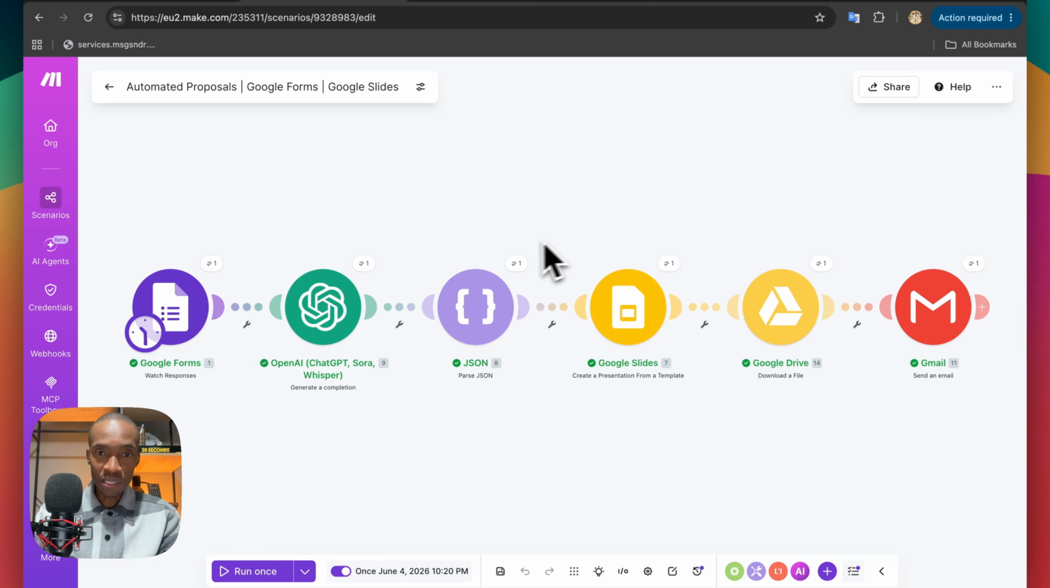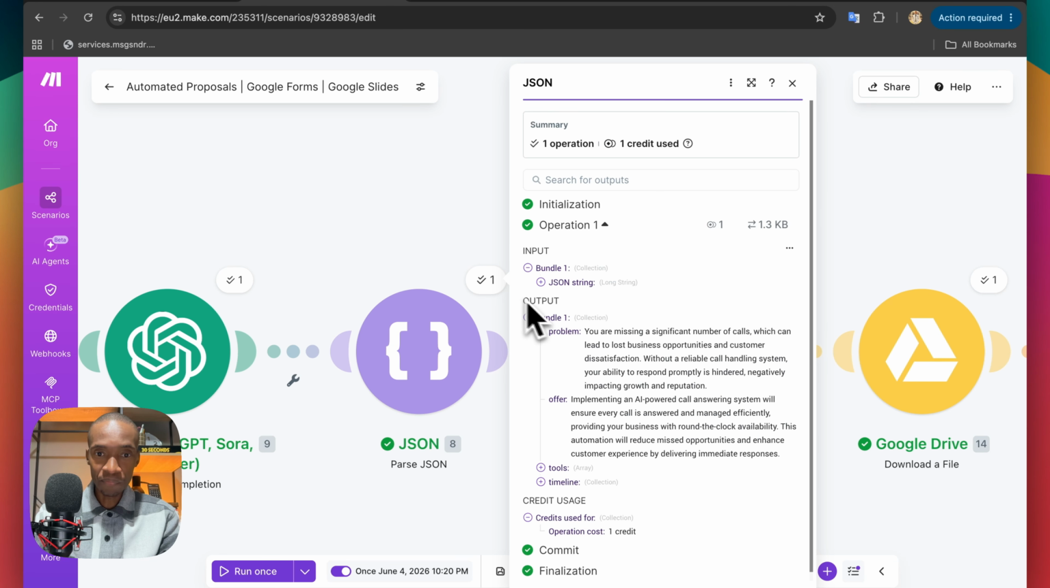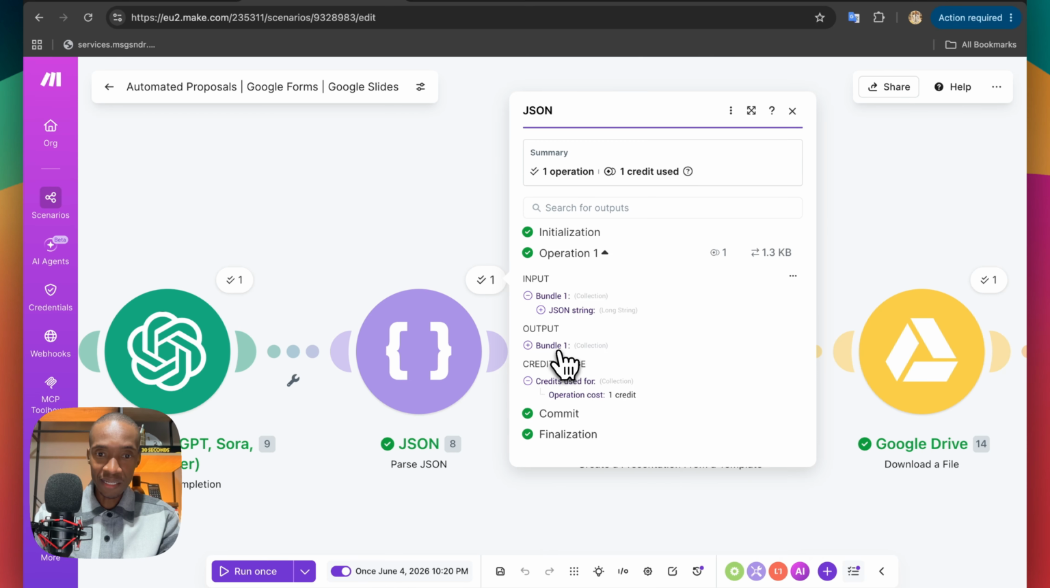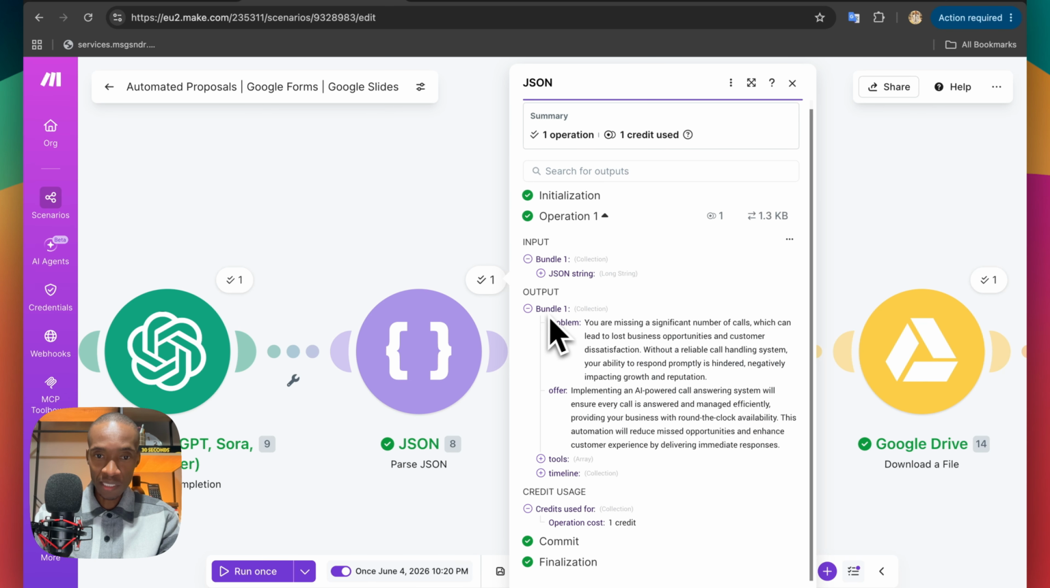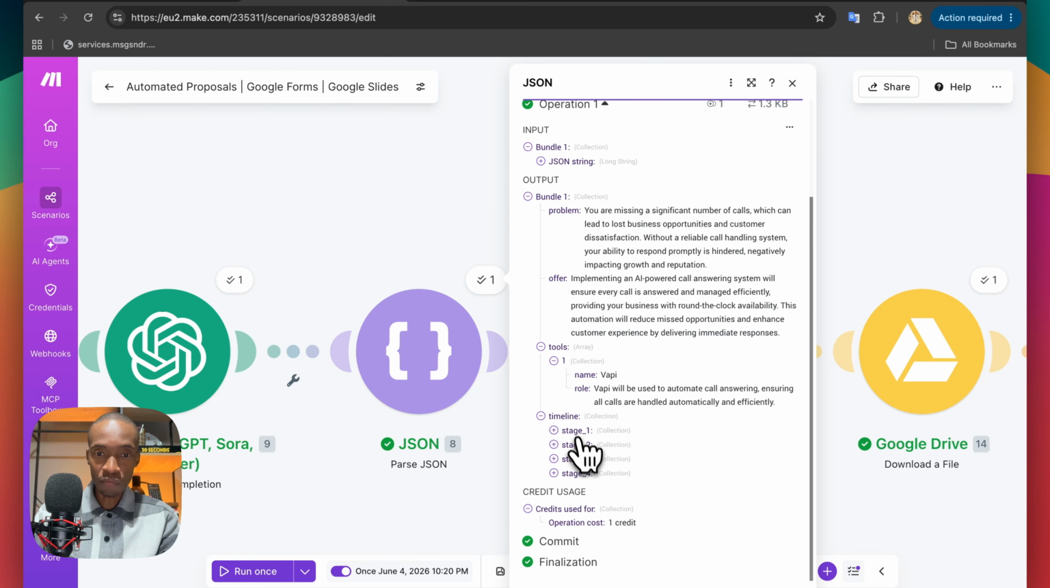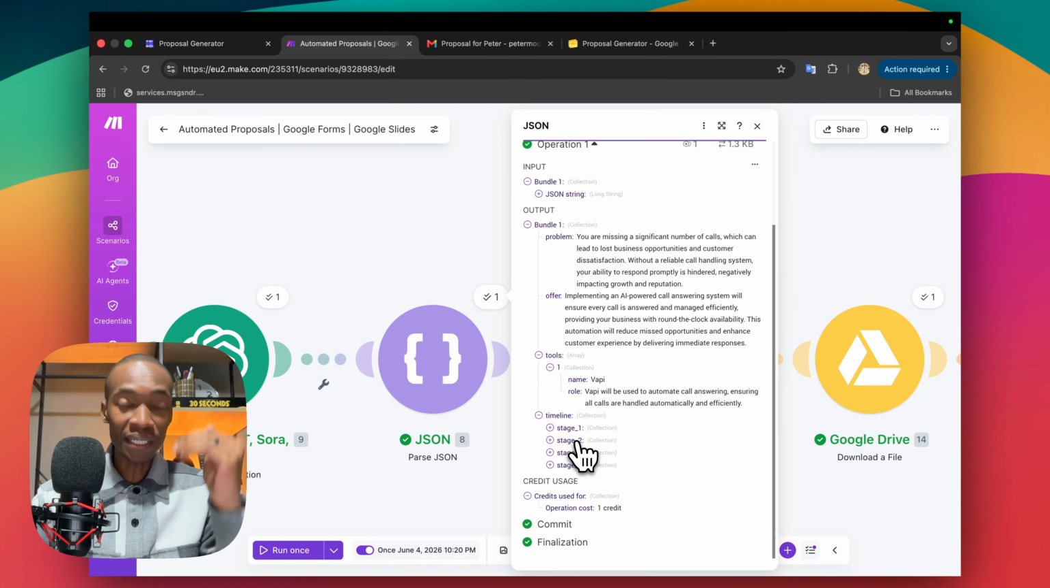Now, as you can see, if I click over here, I want to show you what I'm actually getting. You can see that here is the actual output. So you can see this bundle over here. I've got the problem, which is formatted very nicely. I've got the offer, which is also formatted very nicely. I've got tools over here, so I've got VAPI there. It got the tool. And then last but not least, I've also got the timelines, which are broken down into